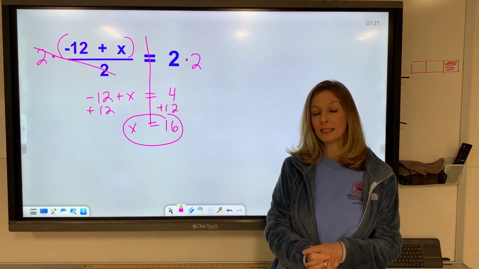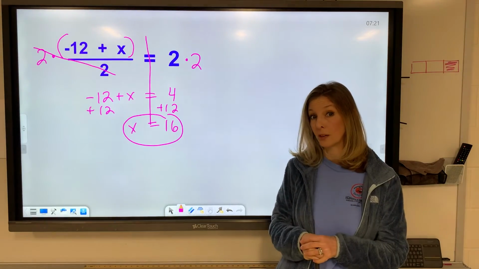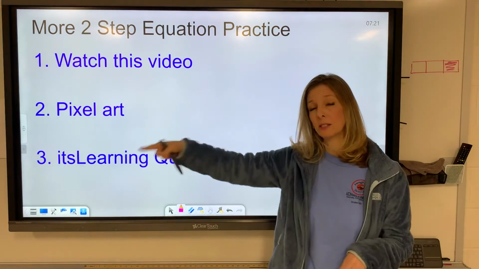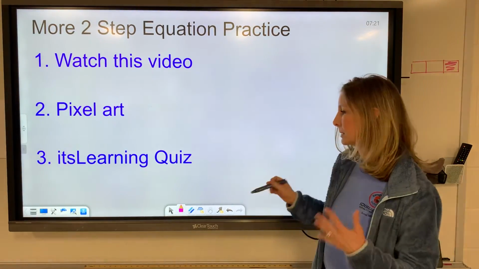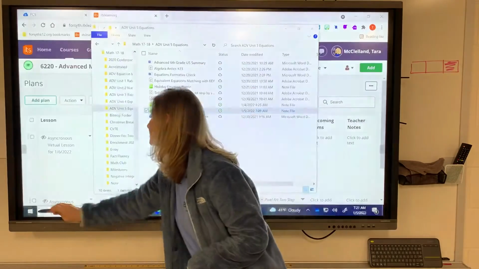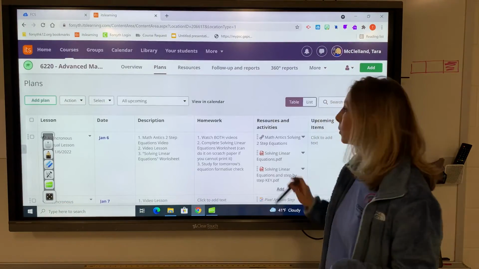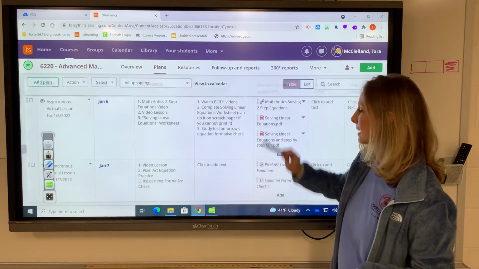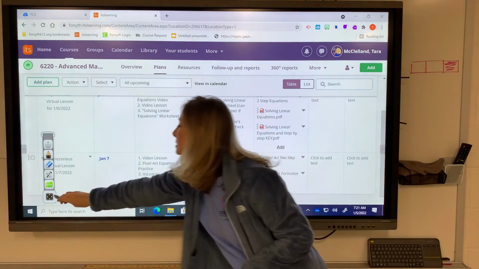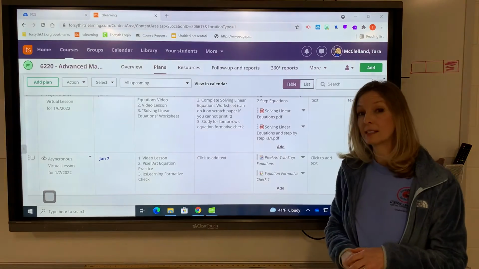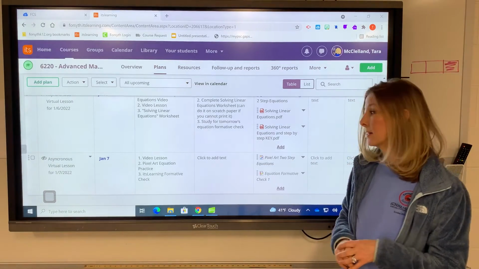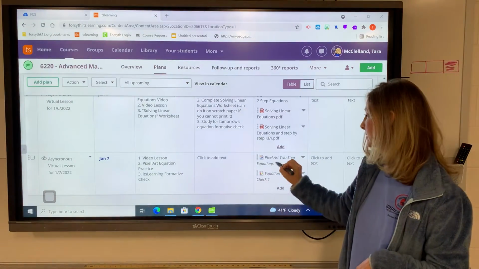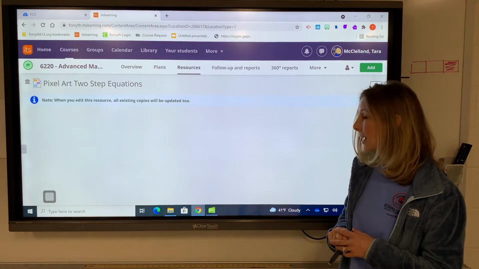So I'm hoping those examples will help you with some of the work that you're going to be doing today. Now, I mentioned that you're going to be doing a pixel art assignment, so let me show you what that's like. When you come over to our It's Learning page and you look at the lesson, the asynchronous virtual lesson for Friday the 7th, it will say in your resources, Pixel Art Two-Step Equations. So you will click on that,